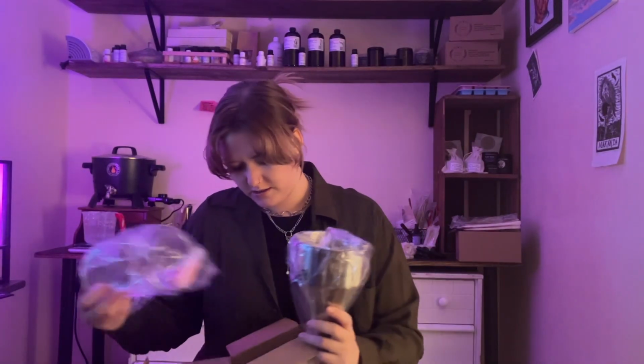So, obviously, most important thing, these are my jars, my amber glass jars. I was just running low, so now we have enough. So this one I'm really excited about. This is a